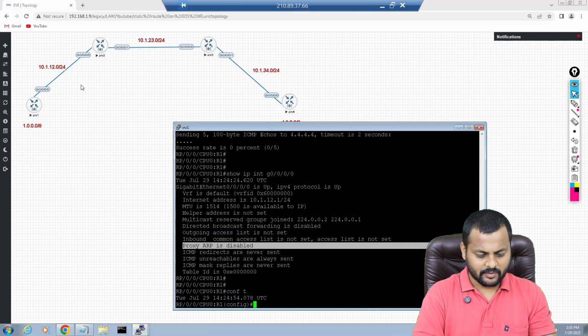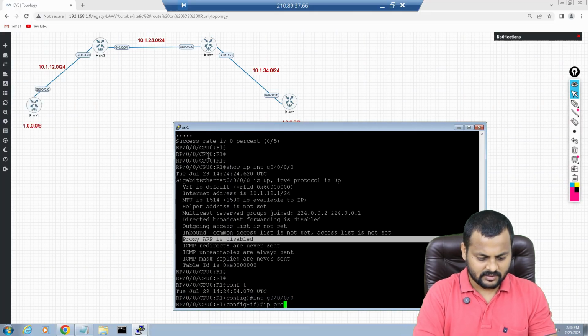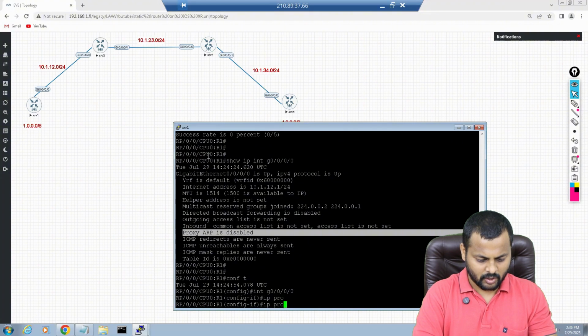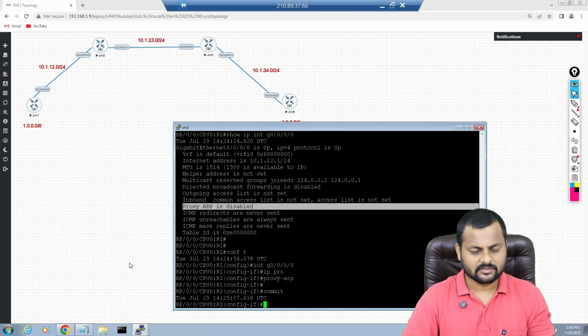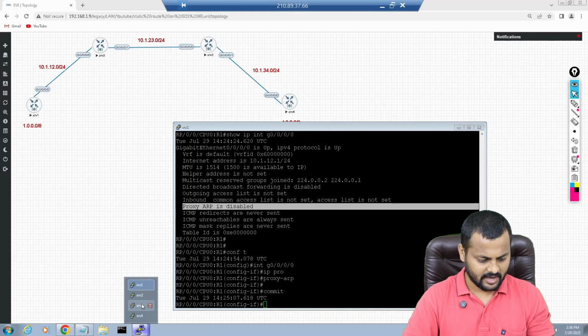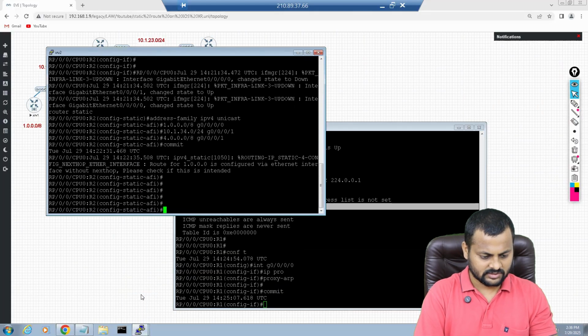Now what we have to do is enable the proxy ARP. On every router we need to enable it. So I'll go to every interface and enable it. IP proxy ARP command is for the IOS router. This is for the XR one. Same thing on this guy as well.